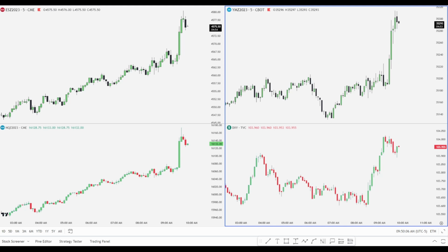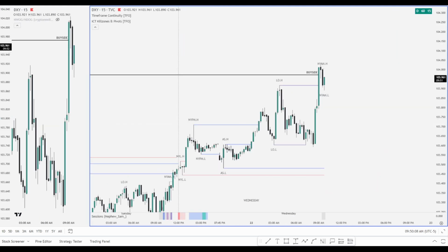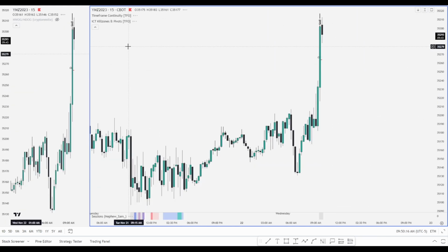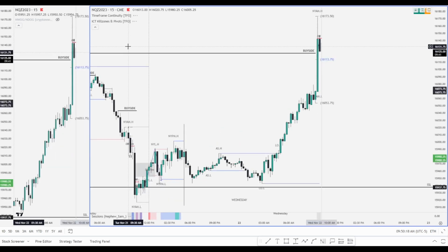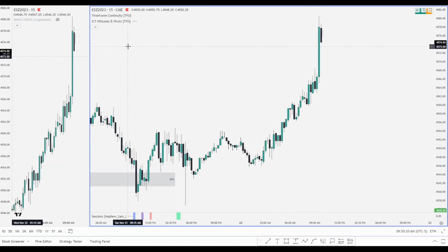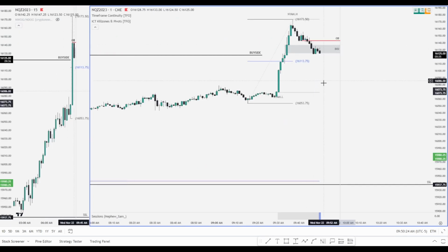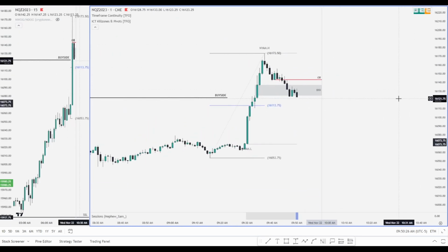So you can actually consider that as SMT divergence when DXY is not doing what it's supposed to be doing and the rest of the indices are. You can expect this pressure to build up. So in this case, DXY does not want to move lower. So instead, we're expecting when DXY wants to flip, whenever it may be, and move higher, that the indices will